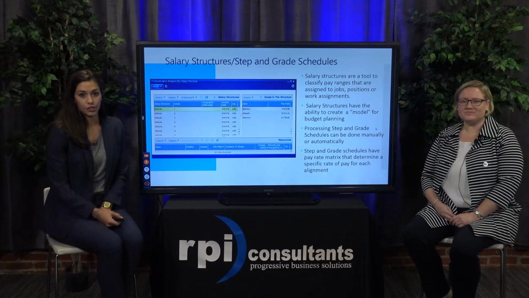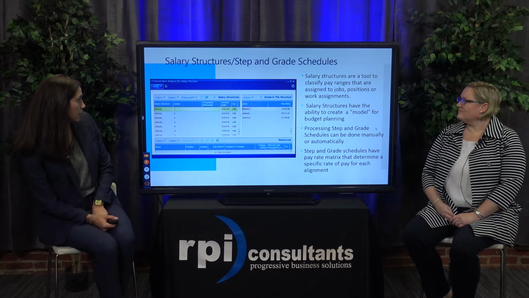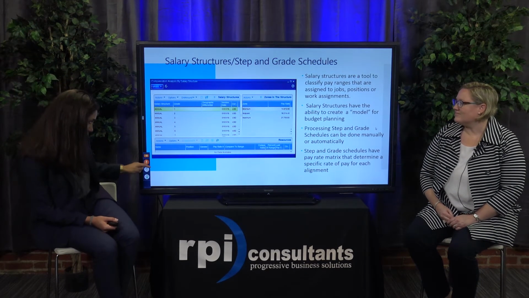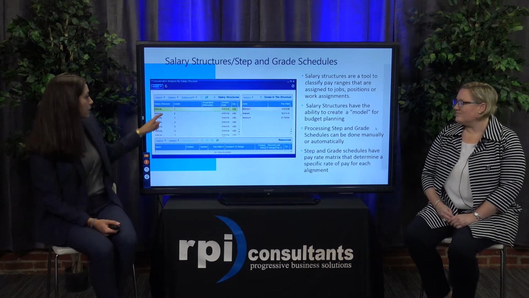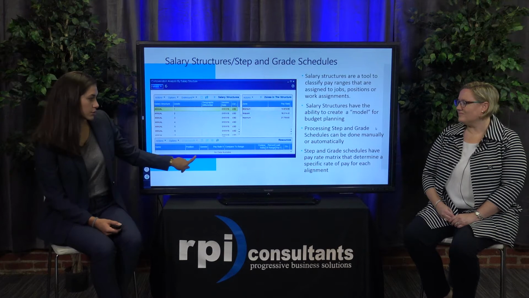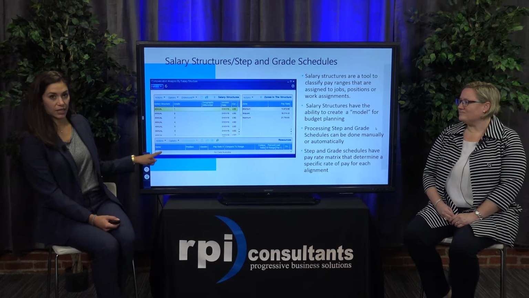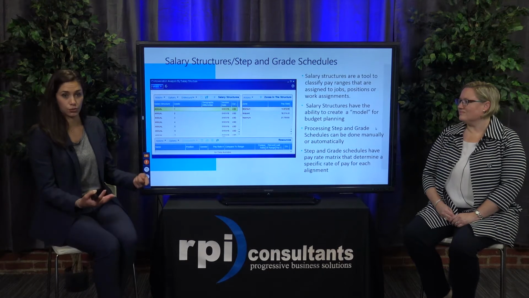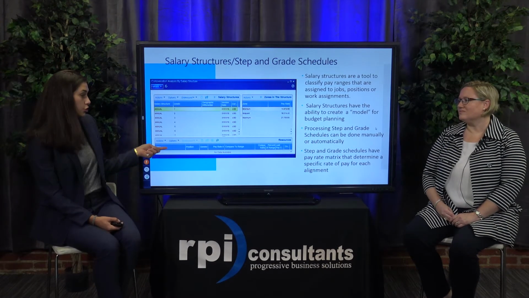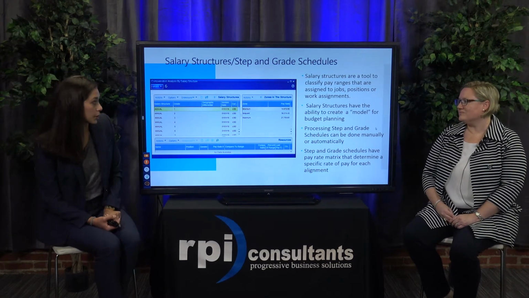All right, salary structure, step and grade schedules. This is a screenshot of a salary structure. So we actually only have one iteration of this, I think, but these are the different grades within the structure. And then we don't have any resources assigned, but one of the really neat things about GHR is that in a lot of places it shows you resources assigned to whatever you're looking at. So if you wanted to quickly know who was in the structure, you could find that down here. And again, options, export to CSV, quick reporting.